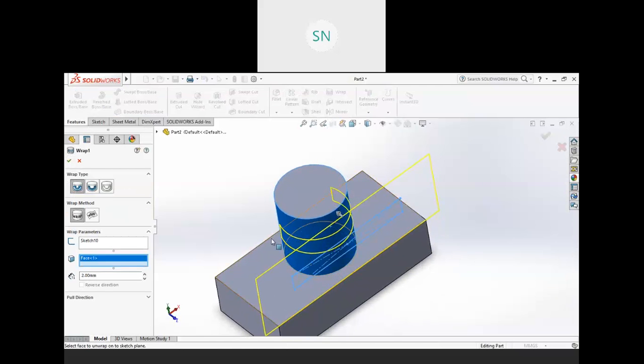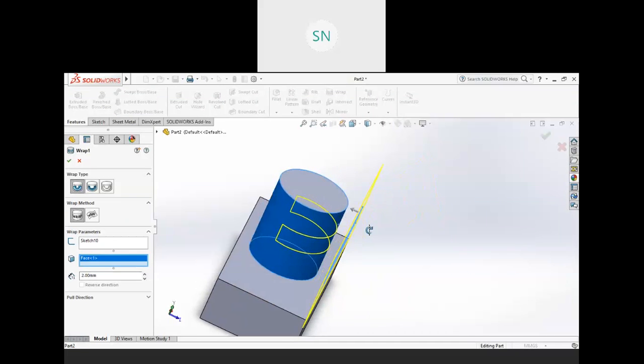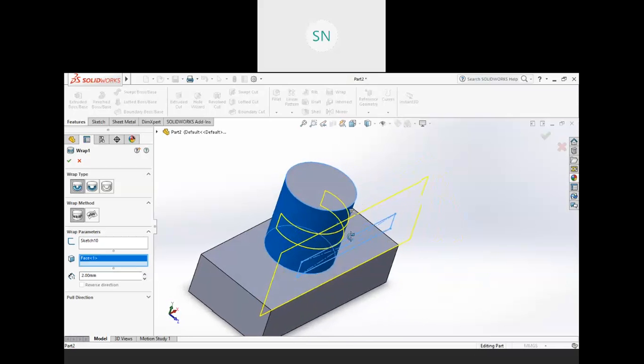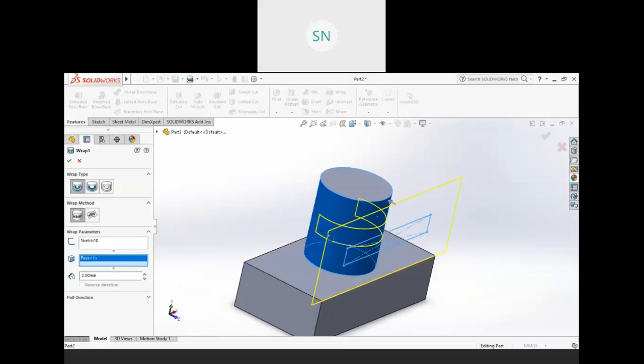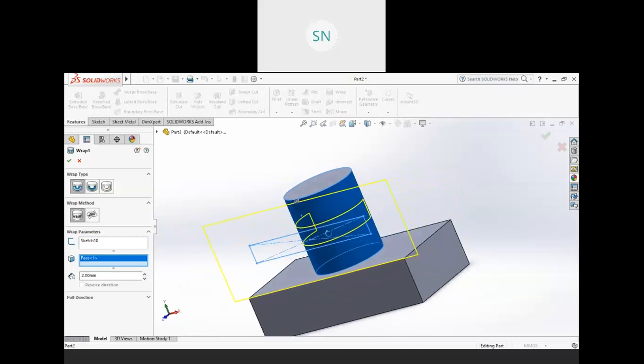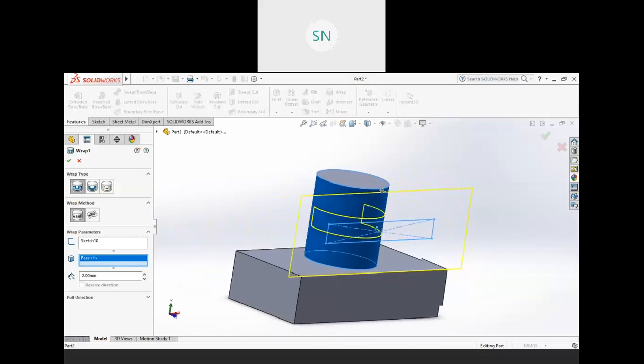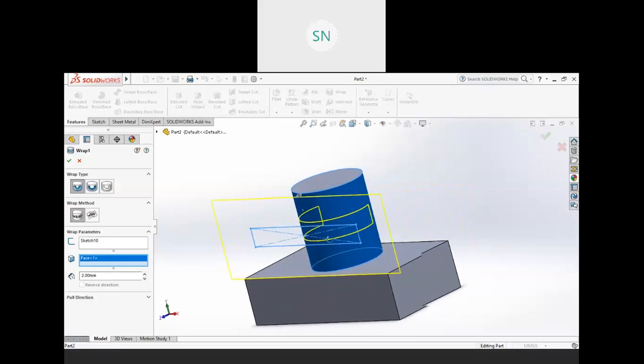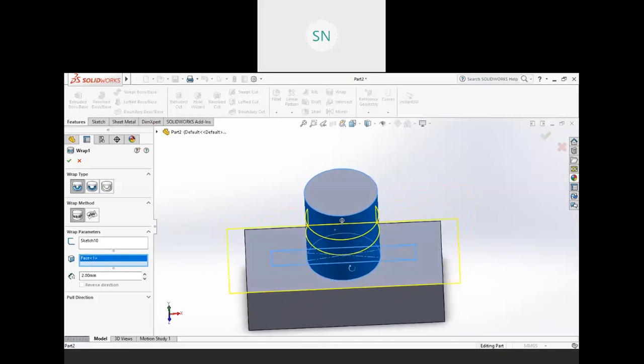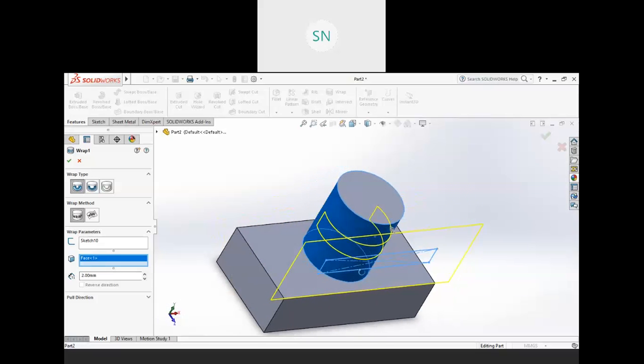So the sketch will paste your sketch on this face like a sticker. Whenever we are providing a sticker like this on the face, it will wrap it like this, right? So in this way it will work.